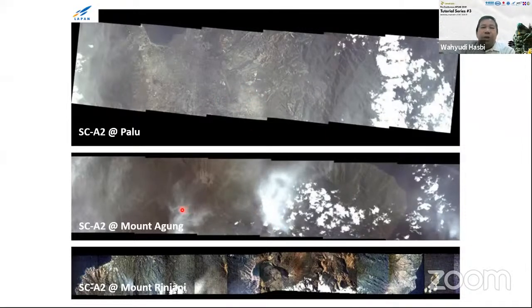And then during the Mount Agung eruption in Bali, you can take the image of the mountain. And also during the earthquake in the Lombok area, we know that on the top of Mount Rinjani there were thousands of people trapped because of the many subsidences that happened there. And by having the satellite image, we know that this area is having some subsidence. And then